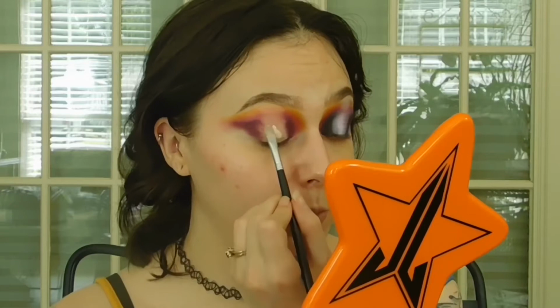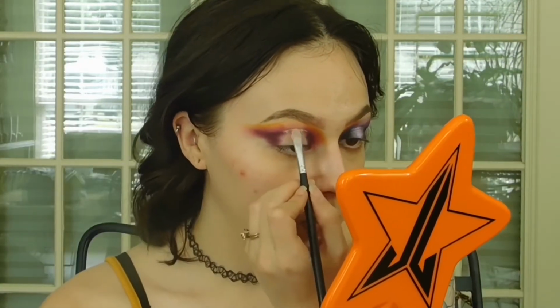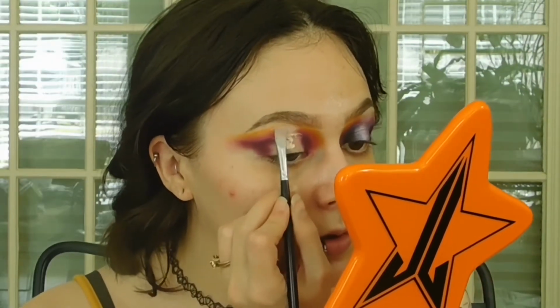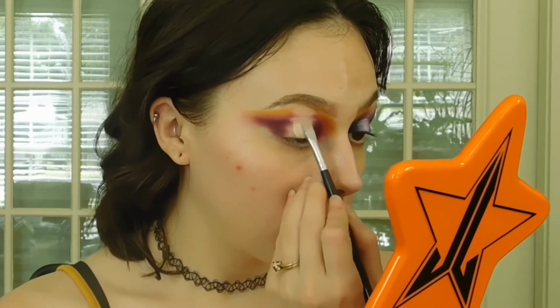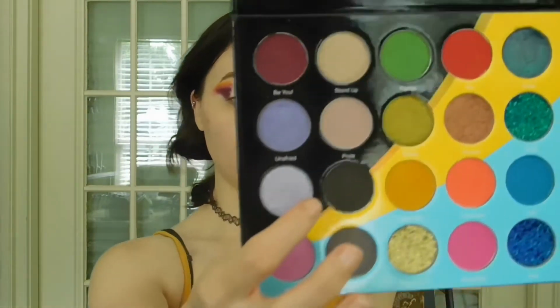Definitely looking crazy, I know. I'm just going to take my Morphe M421 brush again to apply my eye primer. I always act like I didn't just say that, but now that we're like this, I'm just gonna take Sis, which is this really nice dark purple shade, and apply